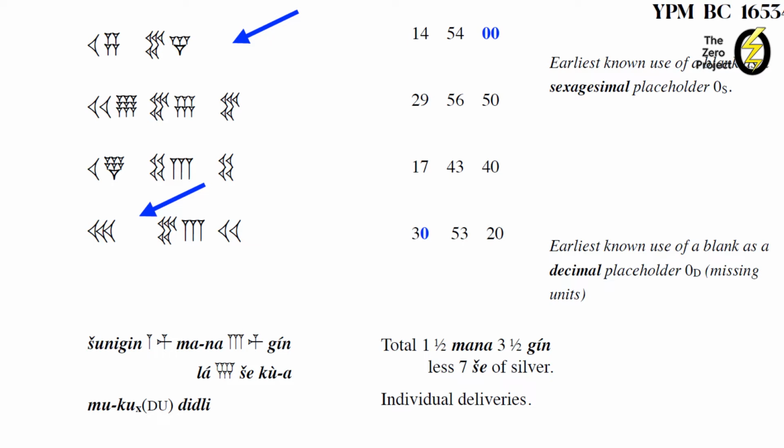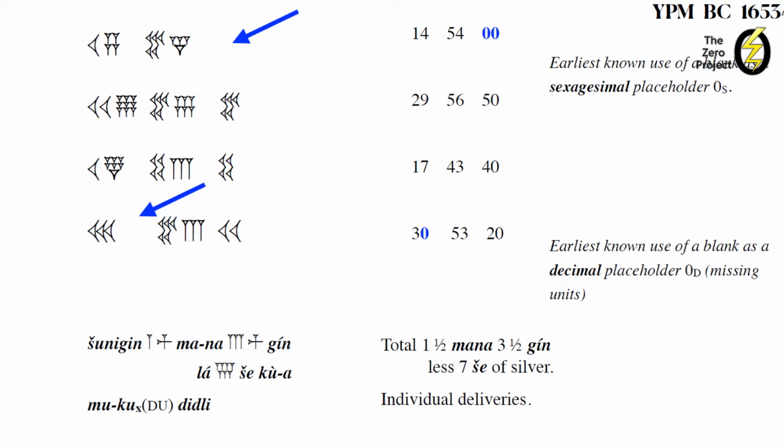These blanks serve as placeholders. They're, in a sense, imposed by the way that you write down numbers, and if you do them carefully in columns, then you will automatically have blanks as placeholders. And these are, in fact, the earliest known use of blanks, both as a sexagesimal placeholder and as what I call a decimal placeholder. That is a placeholder that indicates there are no units or no tens in a given number. So you have the earliest known use of a sexagesimal placeholder and of a decimal placeholder,